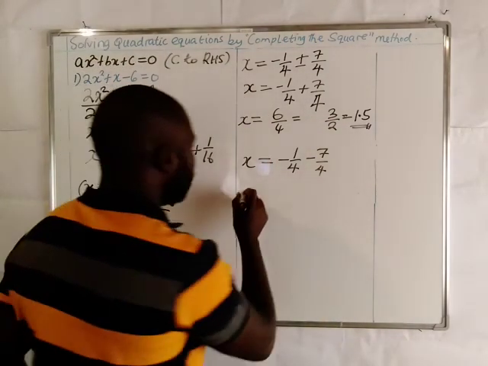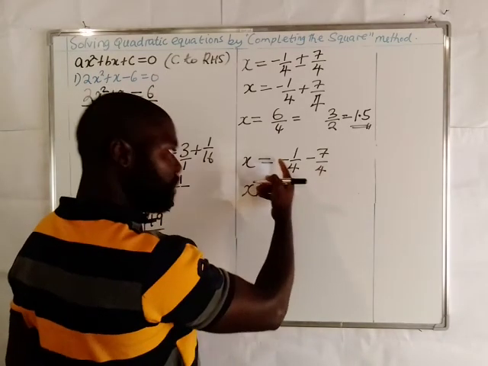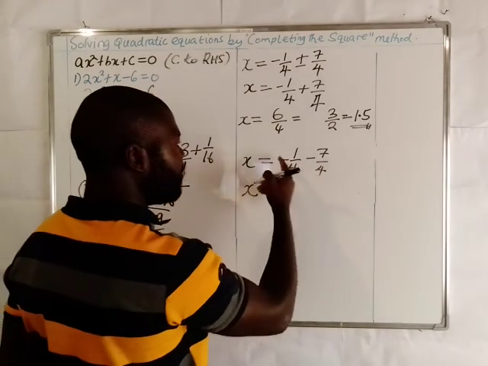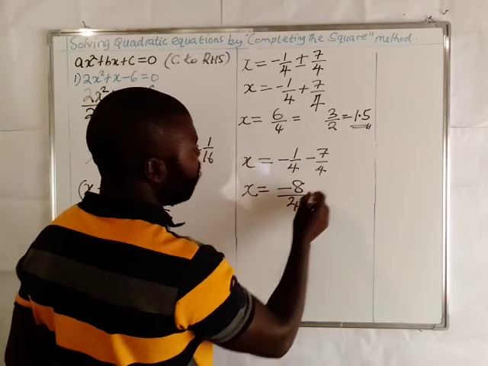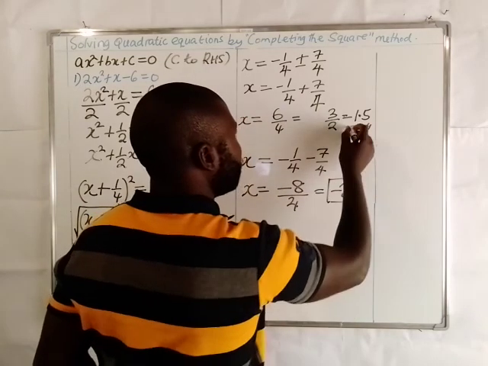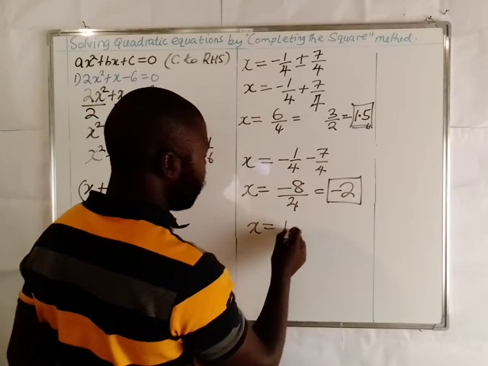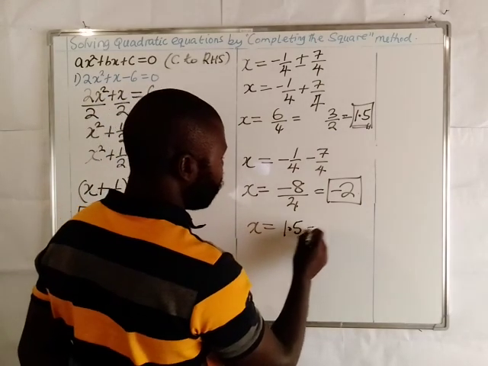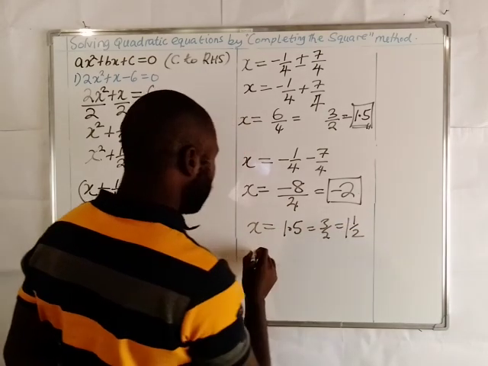The other value of x will come from x is equal to, the denominator is the same, so we just subtract the numerator and get minus 1 minus 7, we get minus 8 over 4, which gives us minus 2. So actually, the two values of x are 1.5, or 3 over 2, or 1 and 1 over 2, or